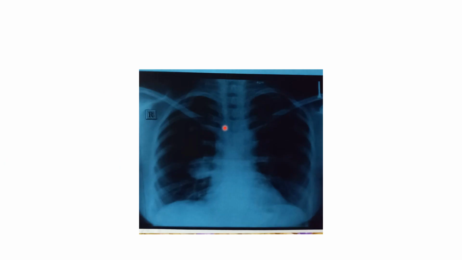Now this is the X-ray of an adult who was having this cyst-like lesion in the right lower zone. So whenever there is a cystic lesion, here you can see it is round, single, unilocular, and size is around 4 to 5 centimeter. So whenever such a kind of cystic lesion is present, we label it as pulmonary cystic disease. It is not a pulmonary cavitary lesion. We have to differentiate cystic from cavitary lesions also.